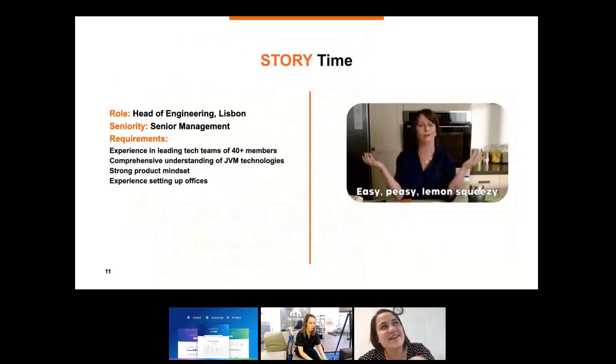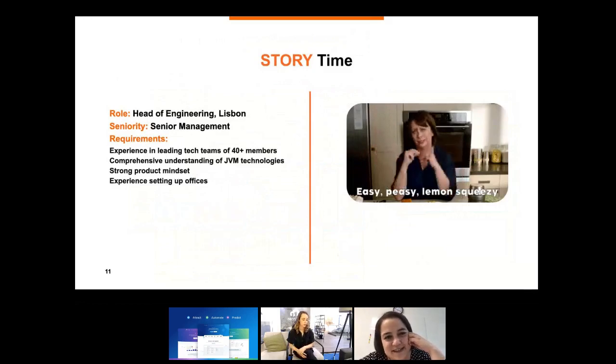Let me rather look back at when we hired the head of engineering for Lisbon. We started this office, it had no leadership, so someone needed to start it up from scratch. And hey, let's just get a head of engineering for Lisbon, right? So I said, oh yeah, totally easy, I'll just pull these candidates out of my back pocket.